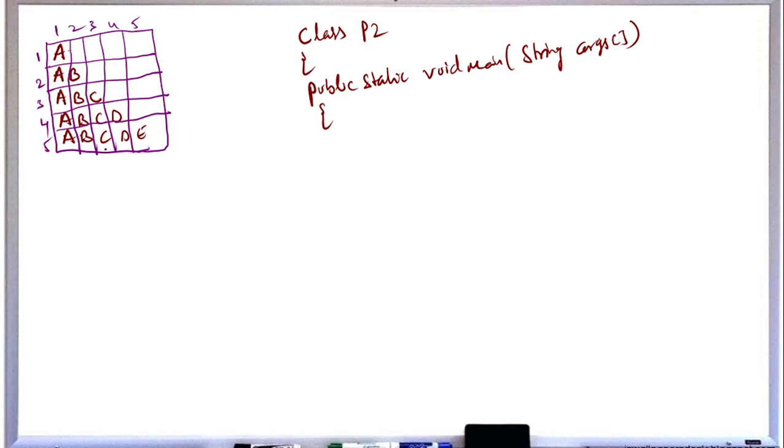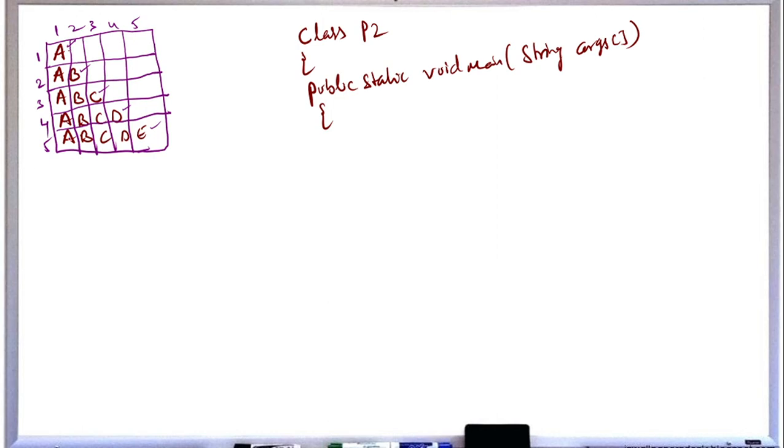For this you can take a string. Why do we need to take a string? See here, there are different values, a b c d e are different values. You treat this as one string, this as one string, this as one string, this as one string, and this as one string. In that, which is the largest string that you can take?